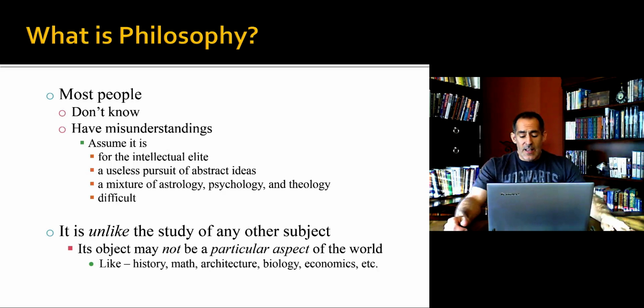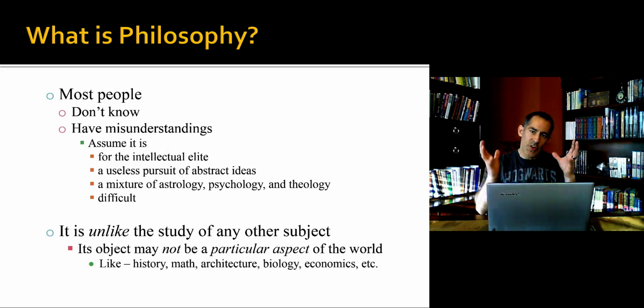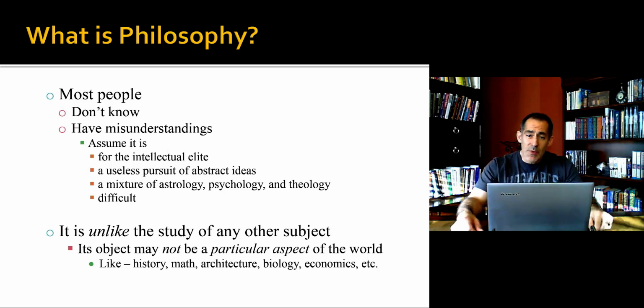Now, what we could say for sure is that it's definitely unlike other subjects that you may have taken. You've probably taken math and history, maybe biology, chemistry, things like that. All of those types of subjects deal with a particular aspect of reality. Biology, for instance, is going to study life in general, living systems. If you study economics, you're going to be dealing with markets and finances, things like that. When you do something like sociology, you'll be talking about societies and cultures and individual interactions within those types of systems. So they're all restricted to one aspect of reality. Philosophy doesn't seem to be like that.